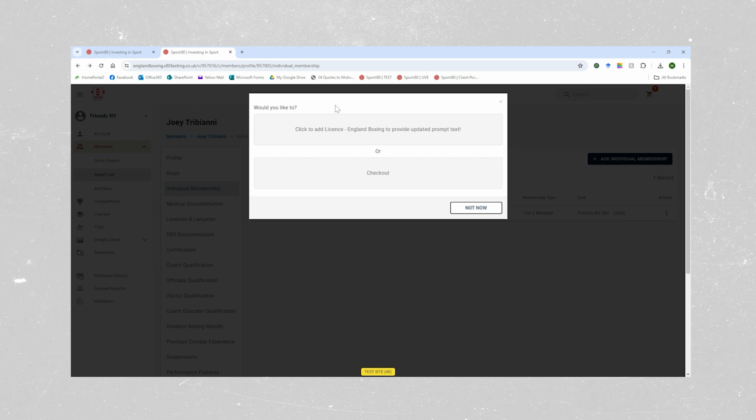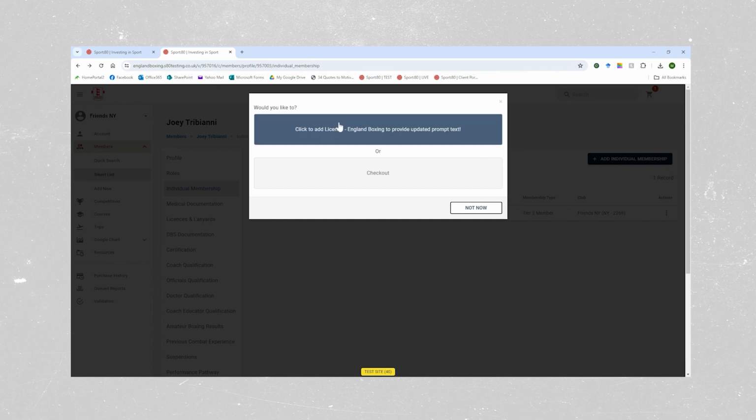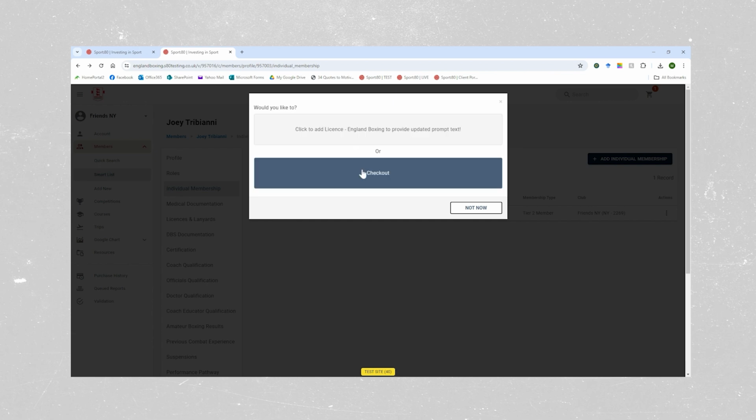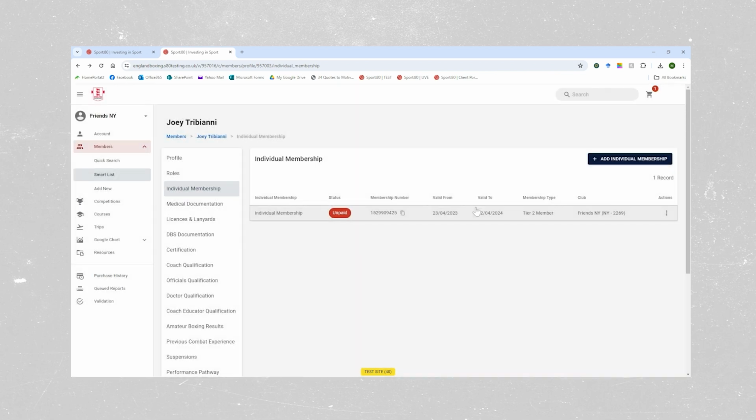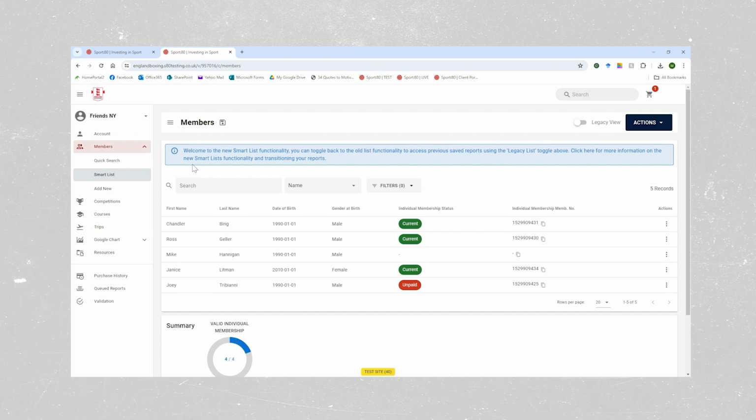This box offers you an opportunity to add a license, so if you are adding or updating a coach's profile, you can add a license if they haven't already got one. You can check out straight away, but we don't want to do either of those things at the moment. We just want to click not now. We go back to members and we'll click the next one. So we're going to do Janice's,